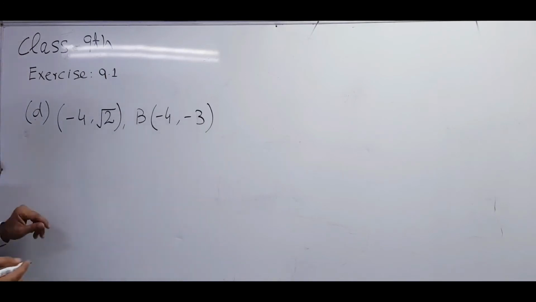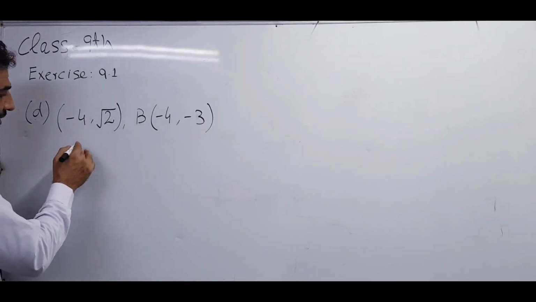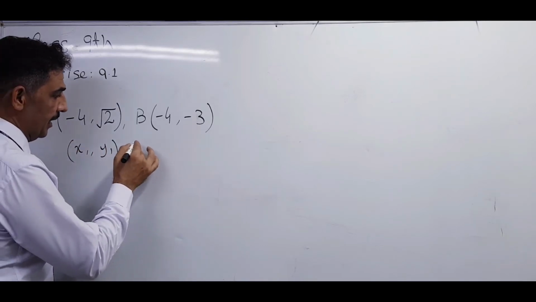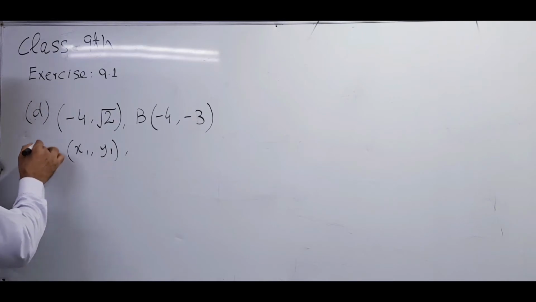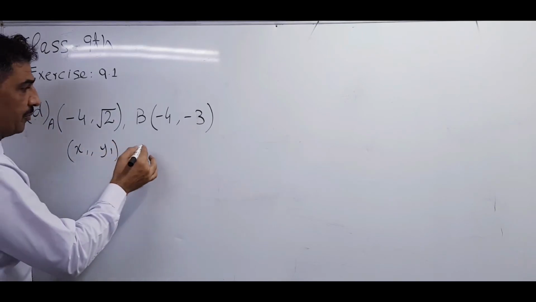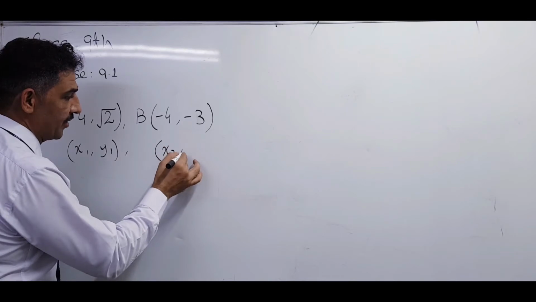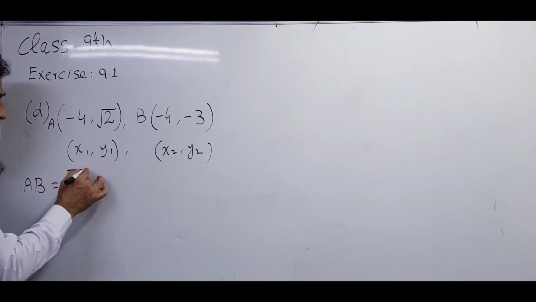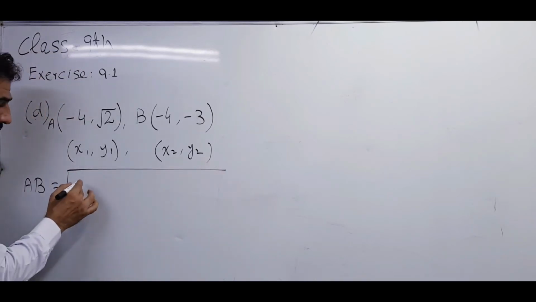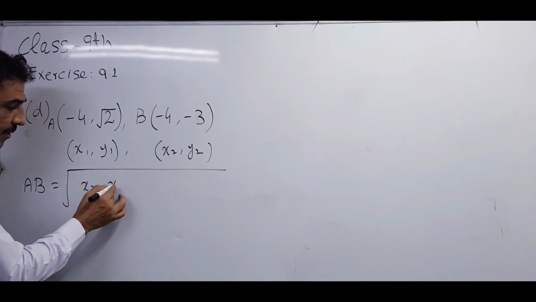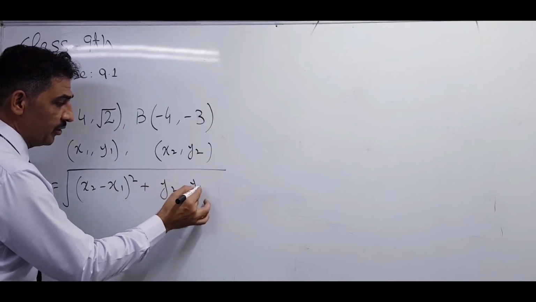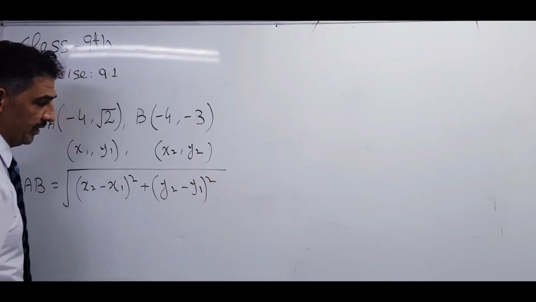First of all, that is the D part. First of all, we assume that this is x1 y1 and A, that is the A value, the value of B, we assume that x2 and y2. First we will write the formula, then after that we will put the values of x2 y2. The formula: x2 minus x1, plus y2 minus y1, whole square.